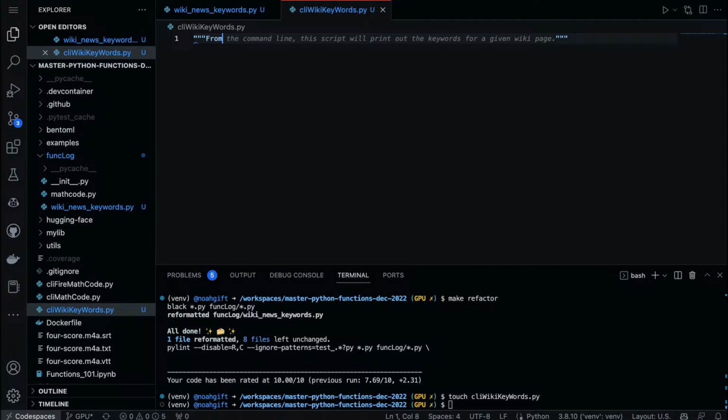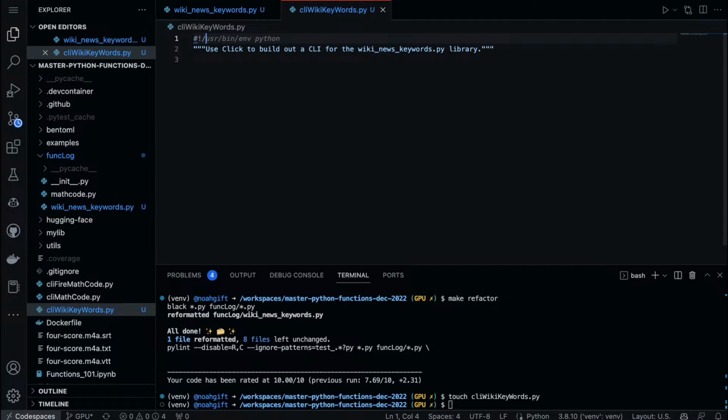If we want to move quickly, the quickest possible way to build this out would probably be Python Fire. But if we want to build something that's a little nicer and prettier, we can also use Click. So we'll just say, use Click to build out a CLI for Wikipedia, Wiki News keywords. Okay, and so we'll do the same thing.